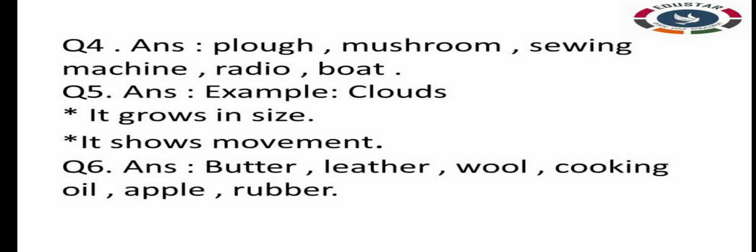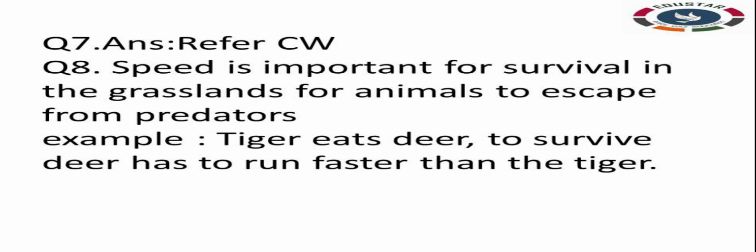Use pencil to circle the answer. Okay. Next, seventh question, list the common characteristics of living things. Already the common characteristics we have written in the classwork note. So no need to write here, just write refer CW. Use pencil to write. Near that seventh question itself, write refer CW.